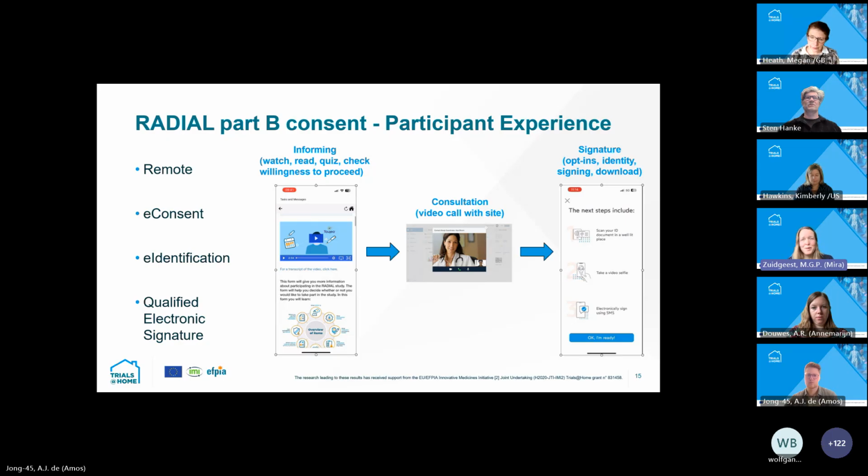We had interactions with the regulators very early on. There's another paper on that. And one of the questions there was, how do you make sure that the participants are the correct ones? So in the end, we implemented e-identification. So people had to use specific documentation, just like you do with banking, basically. They had to connect that to the phone. They had to make a selfie. I tried it. It's not very easy.